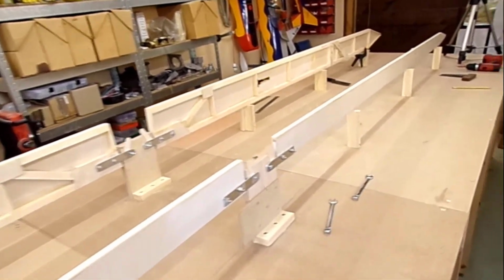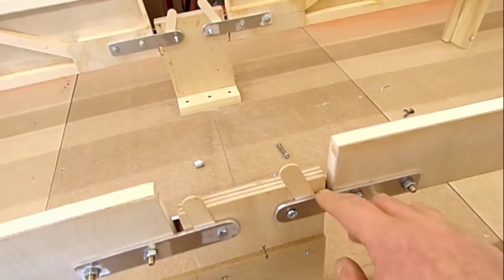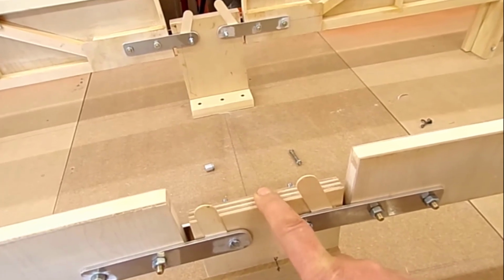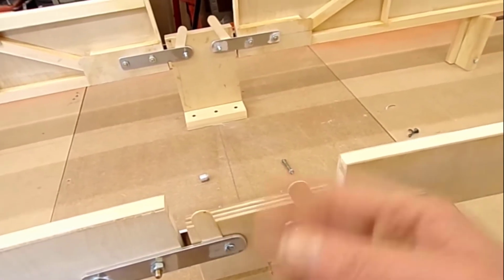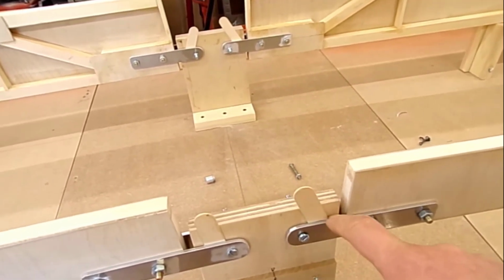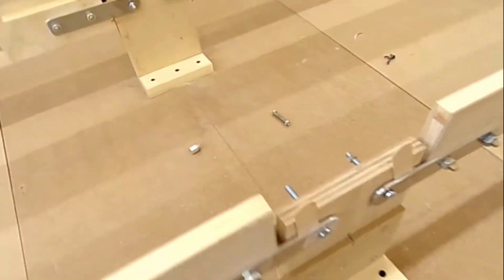rechecking everything again. These little shim pieces here just bring out the slight gap which I've set up with this vertical. I didn't want it to be a tight fit on there, so I literally just shimmed it so that the front of the spar is in line here, along that line. Then